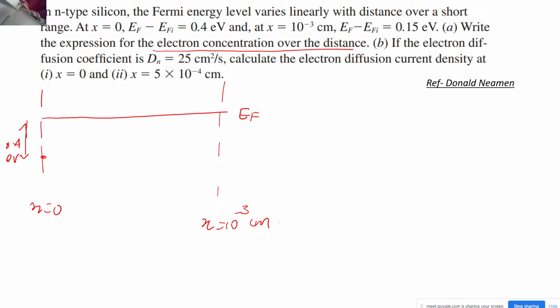Because in the Fermi level calculation, you have an ln, right? So if the doping density varies, let's say exponentially, then you will see a linear change in the Fermi level, isn't it? And that's why when you have intrinsic carrier density, you have a Fermi level close to the